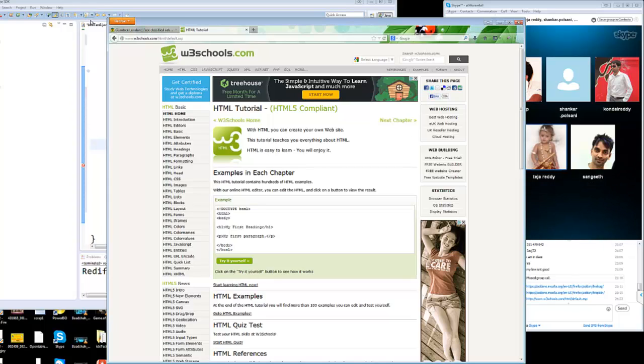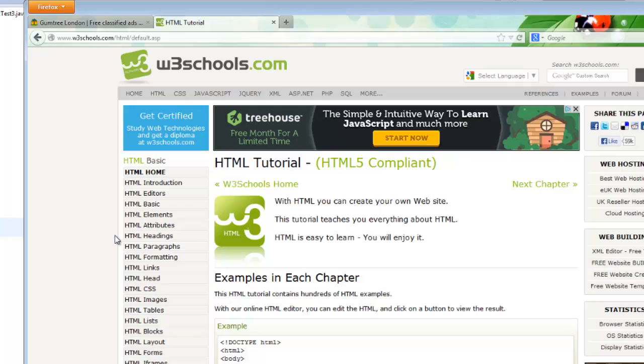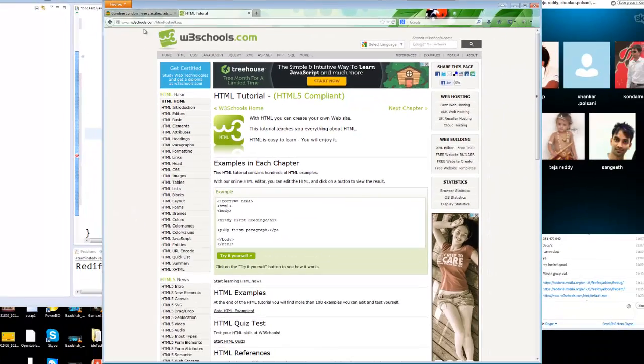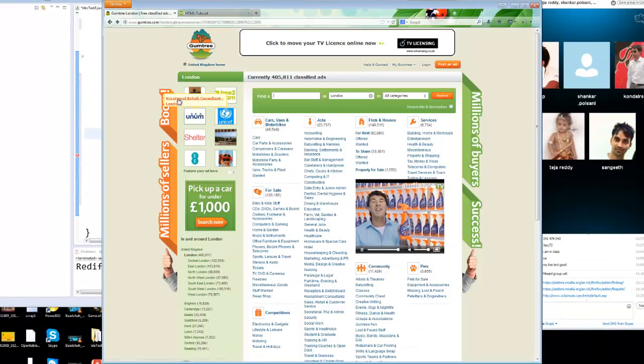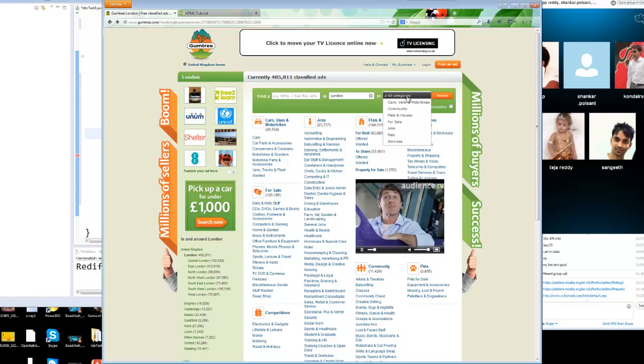Okay, so when you learn about different elements like images, tables, lists, and all those things. In our page we have images, which are all the pictures, and we have links. These are all links, and we have input boxes. This is an input box. And we have list box or select box. We will have radio buttons and check boxes as well. We'll see all those elements.